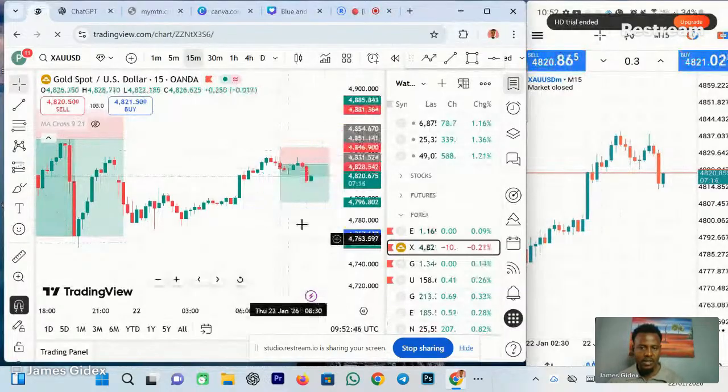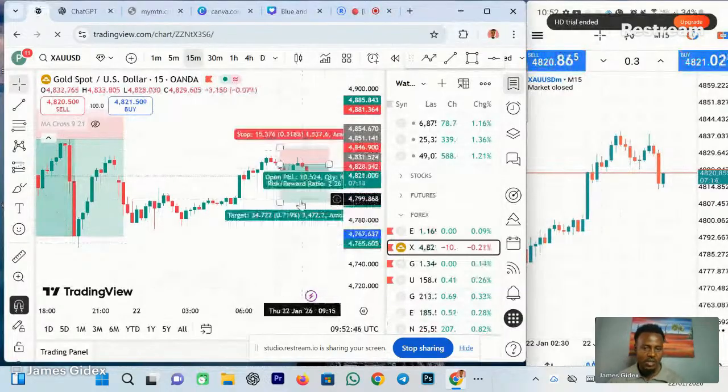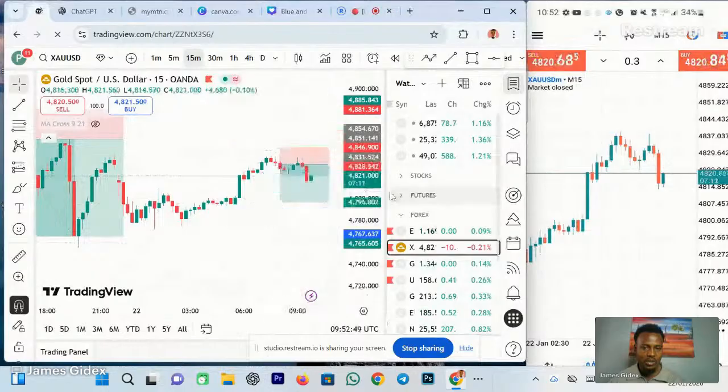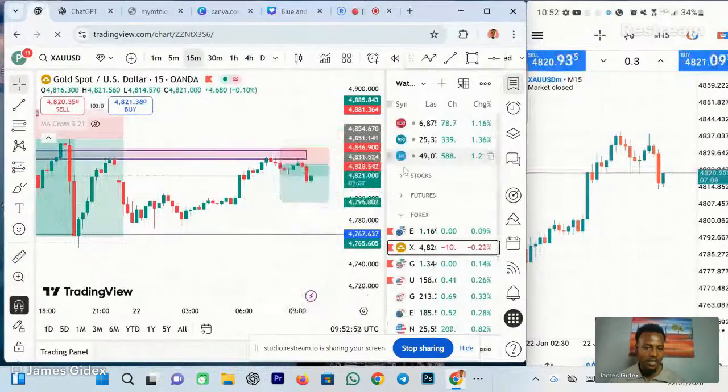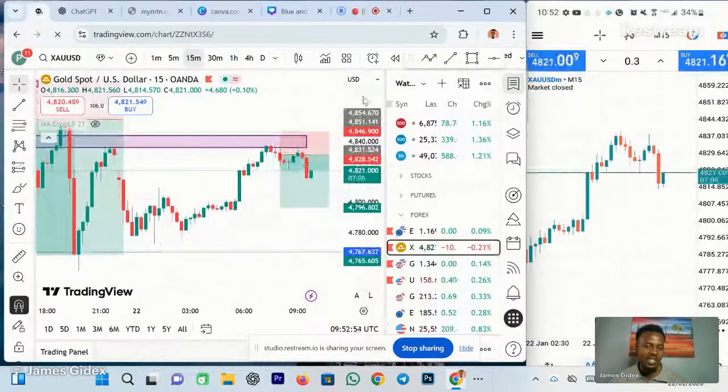As you can see right here, this is my trade. I woke up and analyzed this chart, although I didn't enter the trade, but I know the direction the market will be heading to. So if you really want to analyze the chart like this...